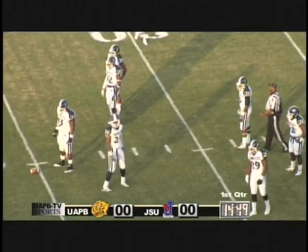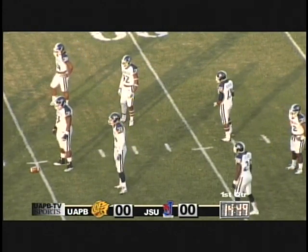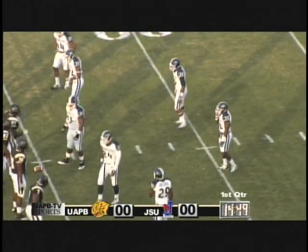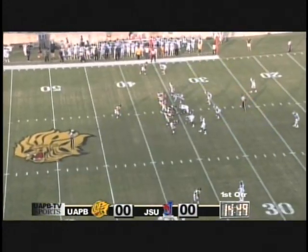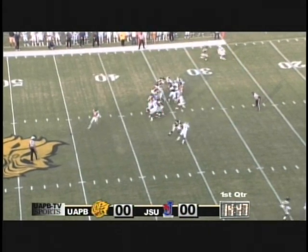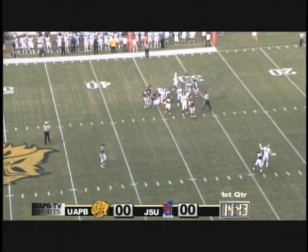Their home black jerseys with kind of that UCLA-esque stripe on the shoulder pads, and their white bottoms, of course, the black helmets. Jackson State in their white road jerseys with the navy blue accents and their blue helmets, and we are underway with that. UAPB takes over at the Jackson State 35 on the great return. Handoff straight ahead, stacked up maybe a yard or two off the left side